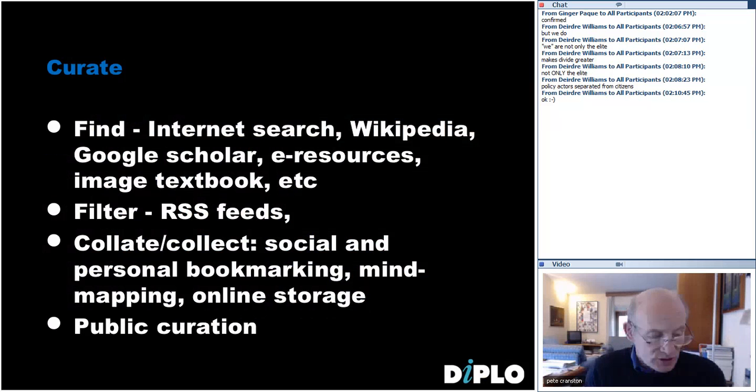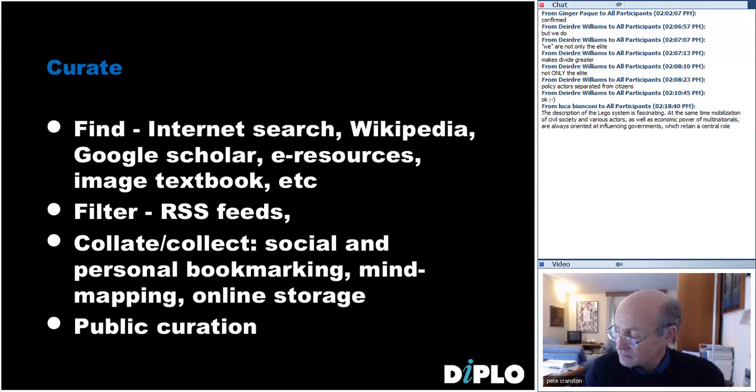Google is everywhere. We all use Google, but as I'm sure many of you know, and if you haven't seen the TED talk on the filter bubble, I highly recommend it. There is no such thing anymore as a standard Google search. If I search for something and you search for something, we will not get the same results for the same word. It depends on where I'm located, so I get different results when I'm in Italy than when I'm in Oxford. Google customizes what it sends to me according to the information that it's gathered from watching me as I use Gmail and as I use Google Drive and as I use all the other Google products. And so if Deirdre Williams, who's one of the participants, does a search, whatever Deirdre's been doing on the internet will deliver to Deirdre an entirely different set of